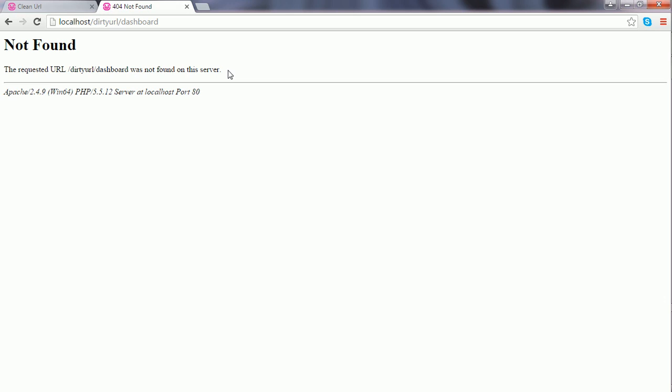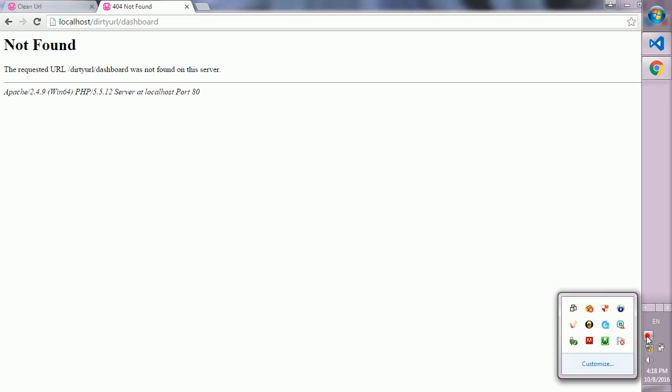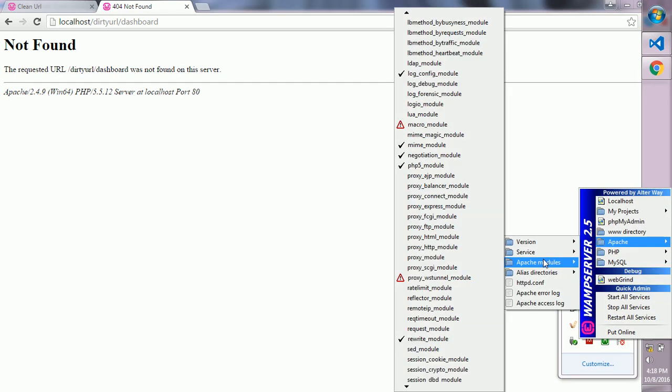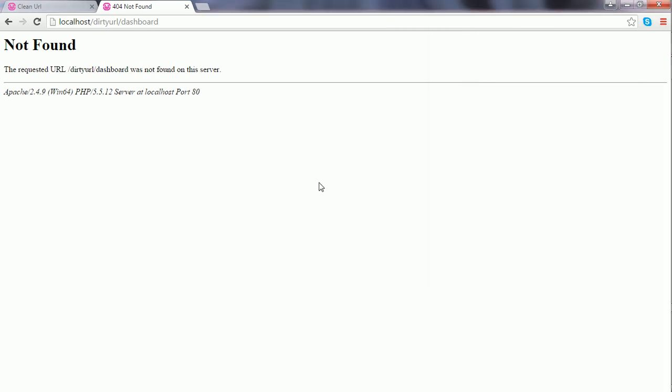on the server. Whenever you want to apply clean URLs on your applications, make sure that the rewrite_module of the Apache modules is checked, as you see here. I should tell you that I am going to rewrite the URLs of this application using the htaccess file. Now I go to the root folder of the application